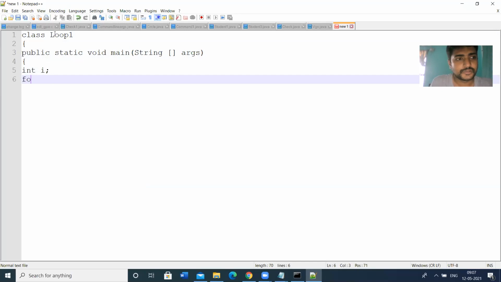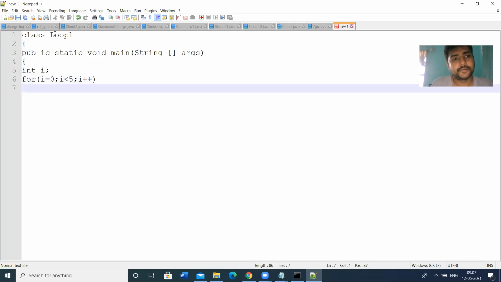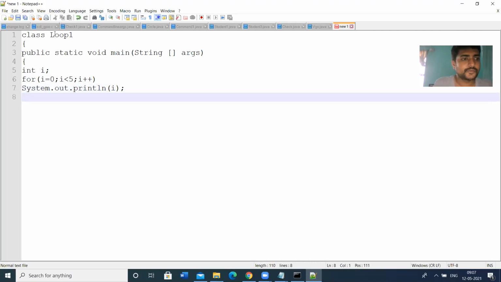So let us take an example, int i. I'm writing a for loop: for i is equal to 0, i less than 5, i plus plus. Let us print, system dot out dot println, the i value.